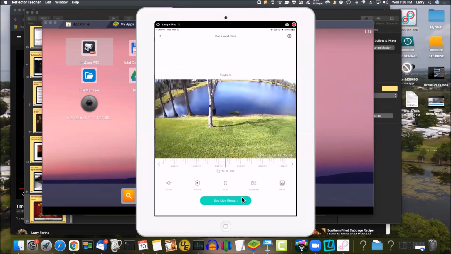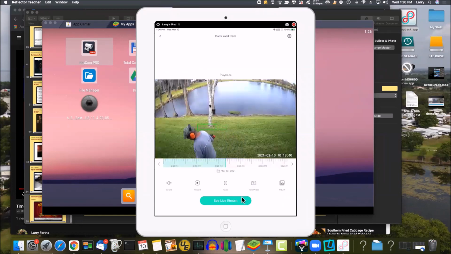oops, I'm touching the screen on my computer instead of on my iPad. Now you'll see that I have not only that 12-second video, but I have everything that happened after that. And if I zoom in,